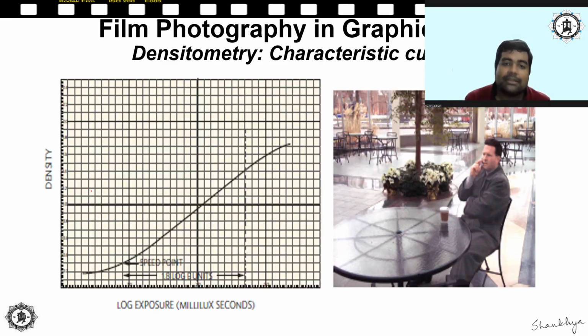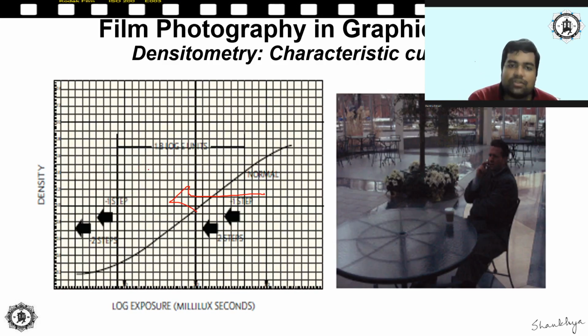Now let us take a look at some examples. So this is a correct exposure. The characteristic curve of the film is fine. That is why we have obtained an image which is equally exposed in all the areas. In the image over here, the characteristic curve is moved towards the left. That means this particular film is less sensitive towards light. That means there is a possibility of this film getting underexposed. You see, this film has got underexposed because its sensitivity is lower. Contrast is not that high.